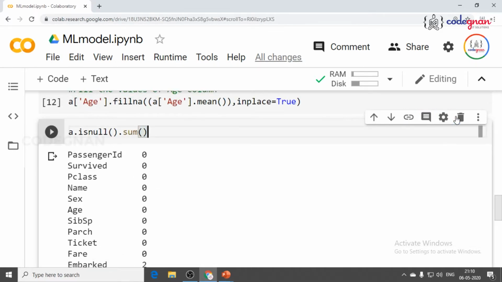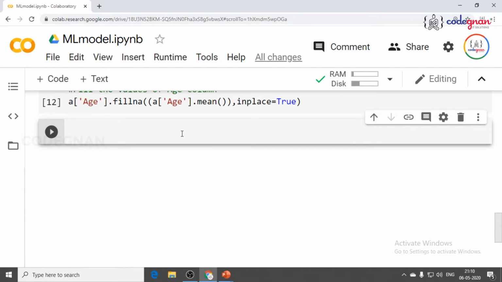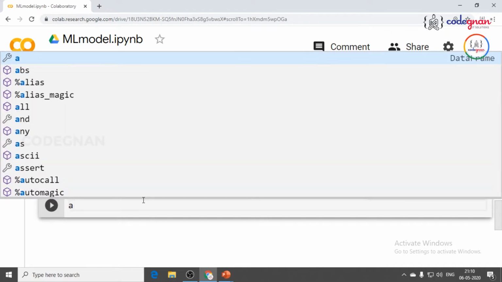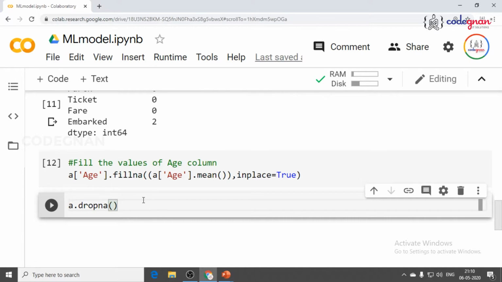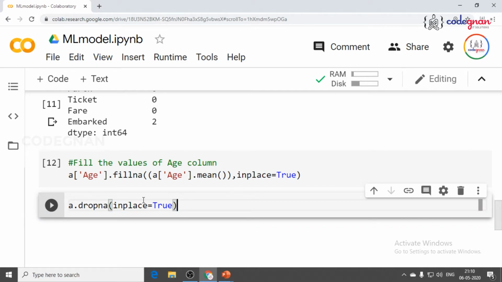If you want to delete this, you can just click on the delete symbol, and you can see you have some null values in embarked, right? So I need to clear that also. For that, I can directly go for a dot dropna, and I need to give inplace equal to true, because true is boolean, true or false.